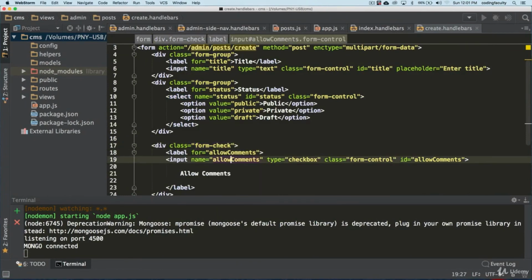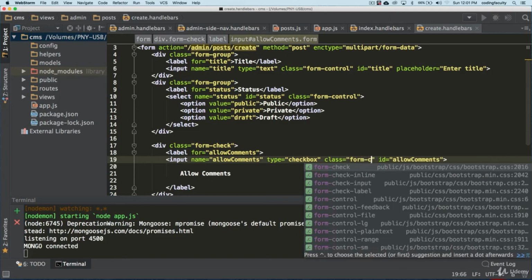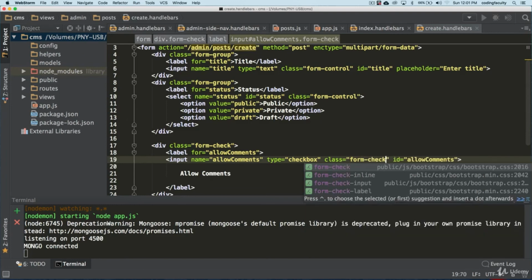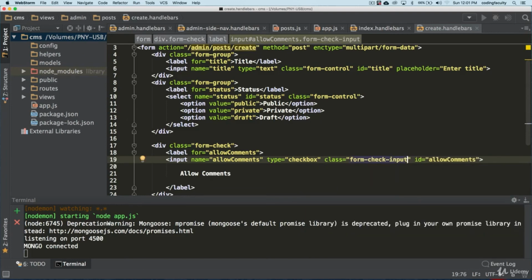We're gonna use that. I don't know if that was available in Bootstrap 3, I don't remember. And let's give this another class here, if I remember correctly. Instead of form-control, we can just name this form-check-input. I think that should do it.